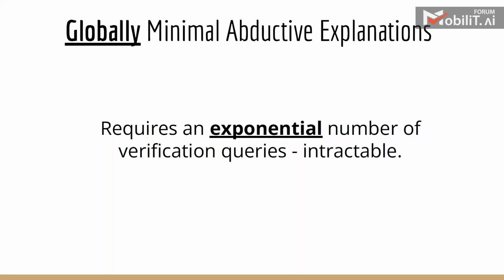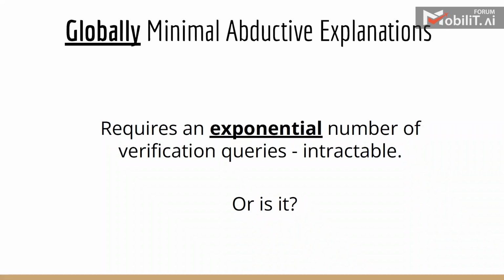Now I'm asking a harder question. Can we find the globally minimal abductive explanation? This, of course, requires an exponential number of queries in the worst case, which means that it is very hard. And I want to remind you that each query itself is NP-complete, meaning that this problem is very, very computationally hard. More specifically, it's P sigma 2 hard. I won't get into the theory too much, but it's very hard to compute this. And so now I'm going to show how this can still be approximated using verification tools.